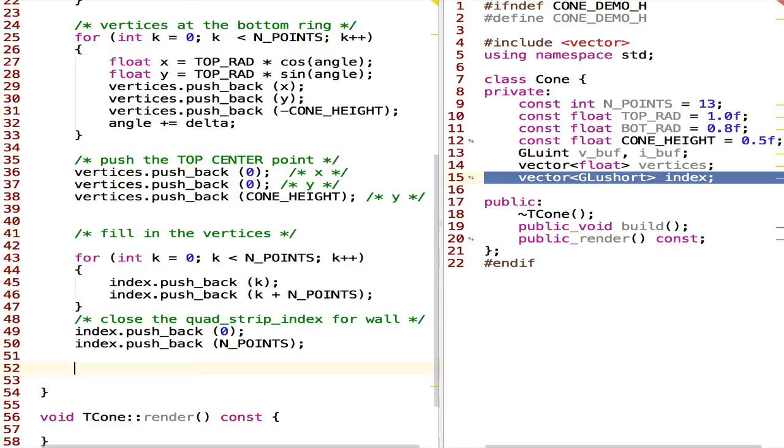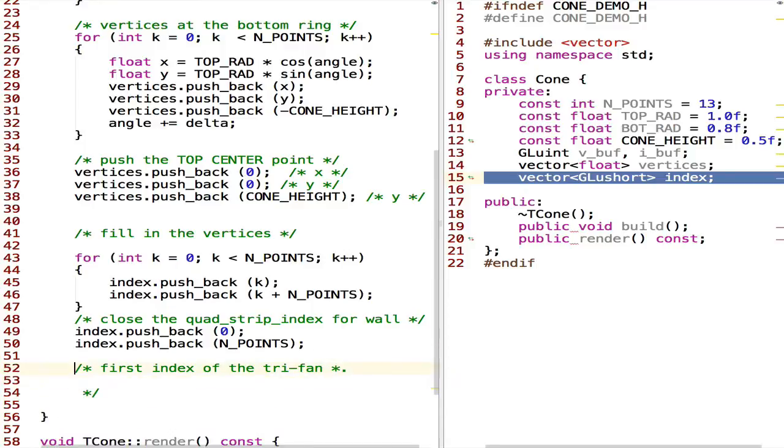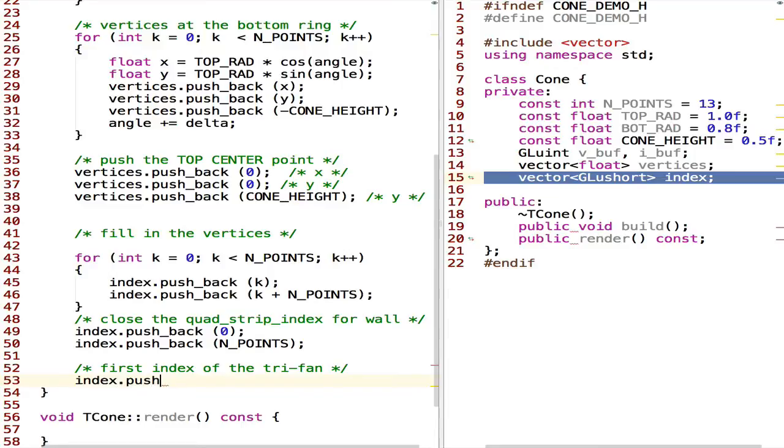So let me put a comment here: first index of the triangle fan. So the first index of the triangle fan would be index push back endpoints times 2,